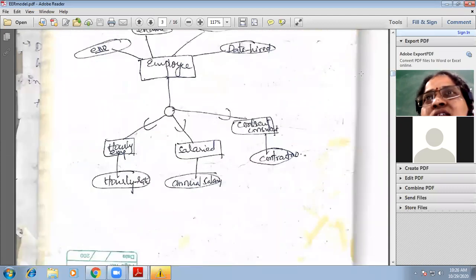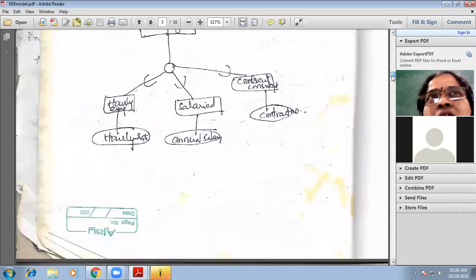Now if we see this example, employee is a supertype.